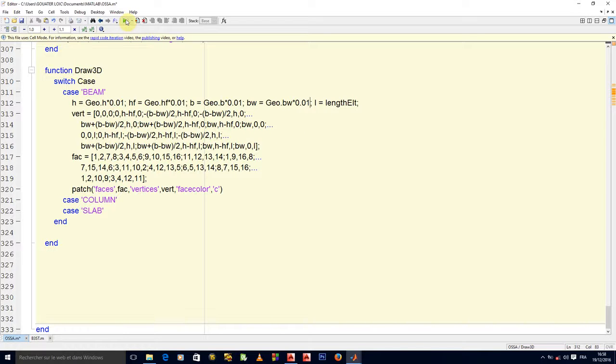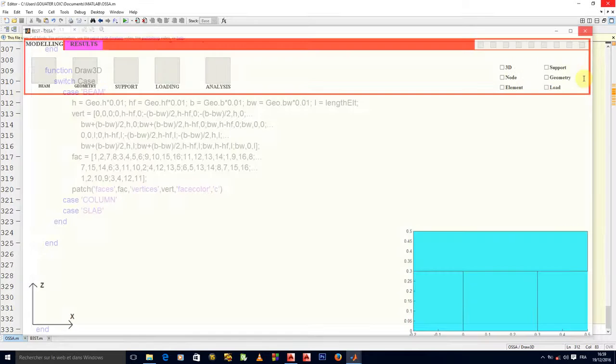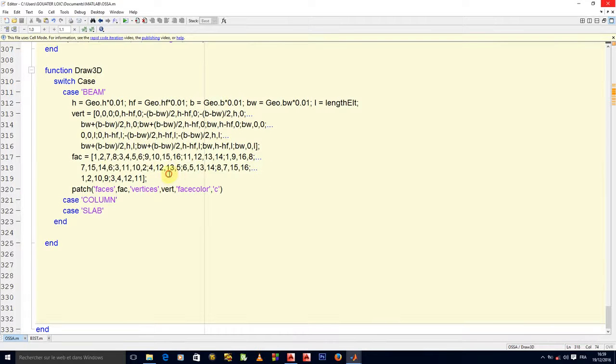So let's run that again and see what it gives. Okay, so this is what we are having. Are you seeing that? It's very strange. So what we'll do is put it in a view tree form.